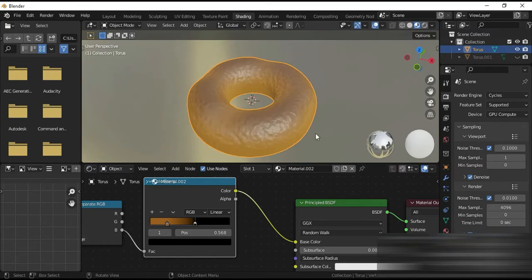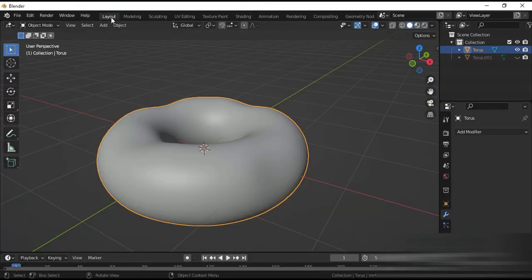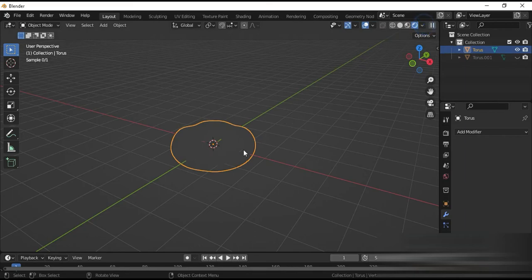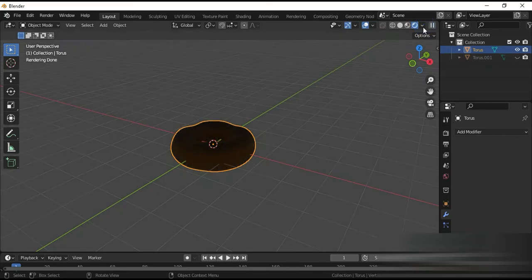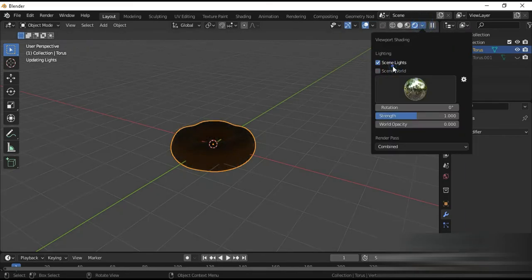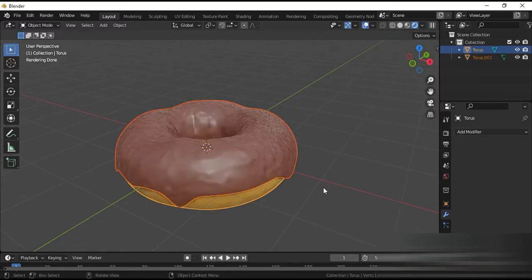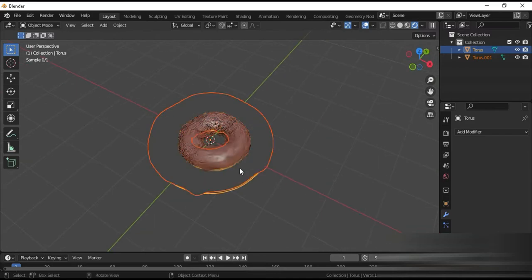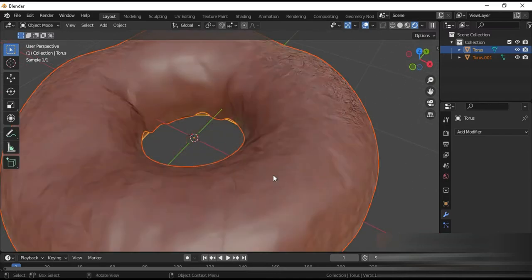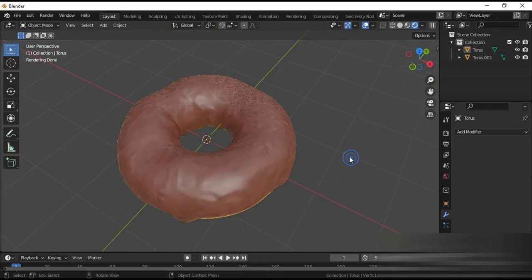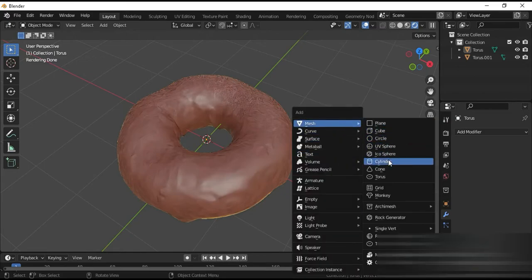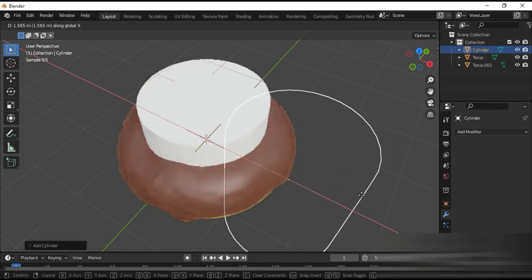Alright, this looks okay. So guys, this is our first donut. I think our progress is fine. Let's go to that and Alt and H. Now we need the sprinkles, and our donut looks so good. So Shift A and cylinders G and X